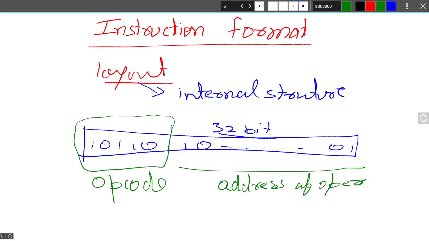Later on, when we see more details on this format, we will come to know how it is the address of operand and operand. Sometimes this sequence of bits may be the operand itself, or sometimes it may be the address of operand. So let me say this is the opcode you have, and then the address of operand you have.